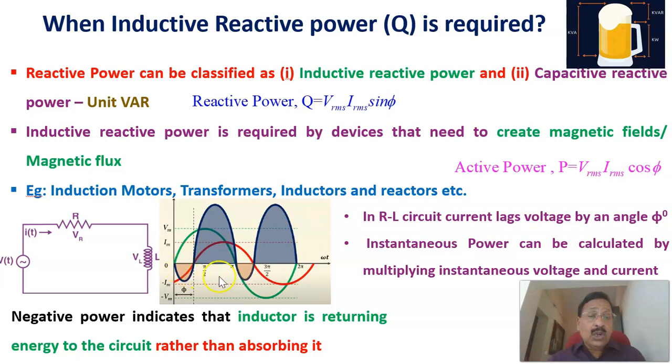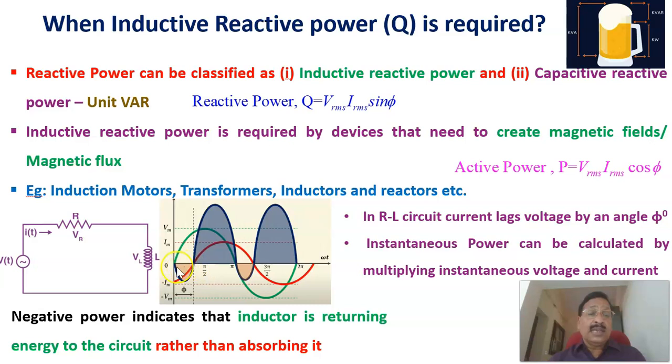And what's shown here, the negative power, indicates that the inductor is returning energy to the circuit rather than absorbing. Here the energy is being absorbed, and during this period the energy is returning to the circuit, that negative part. Therefore, this is the instantaneous power diagram that is obtained by multiplying the instantaneous voltage and